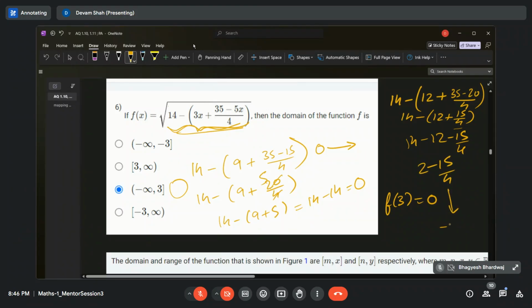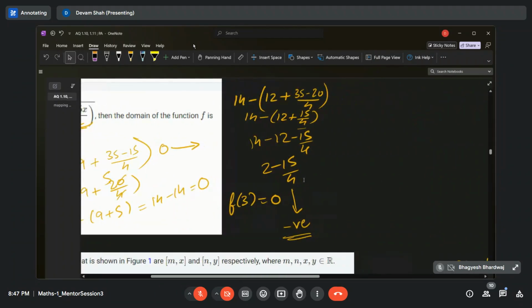If you calculate this, this is negative, right? Which is out of the domain. That is, 4 was out of the domain. That's why it is not giving the correct output. It is not real output. So 4 is out of the domain. Now if you take for example 2,